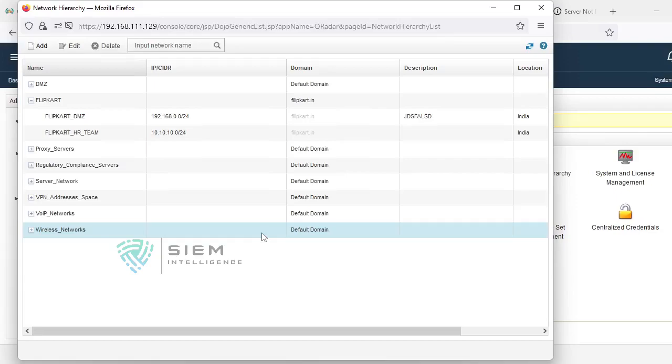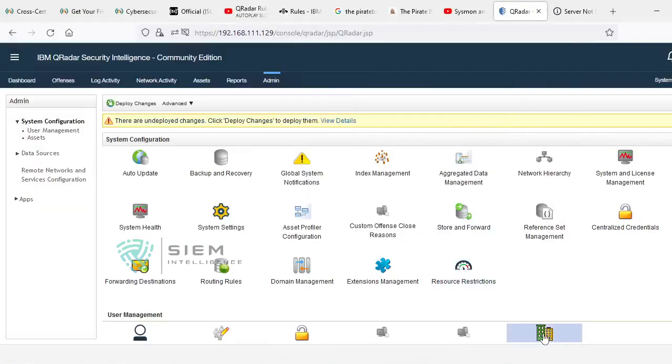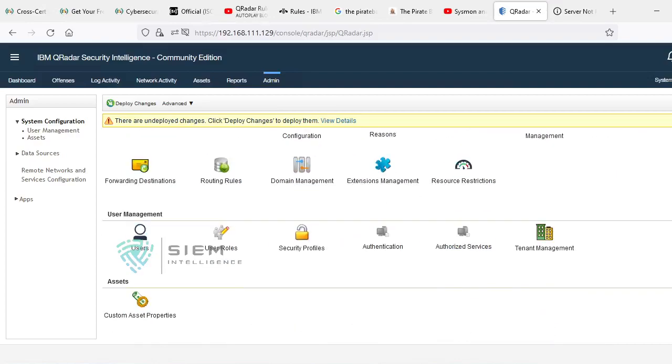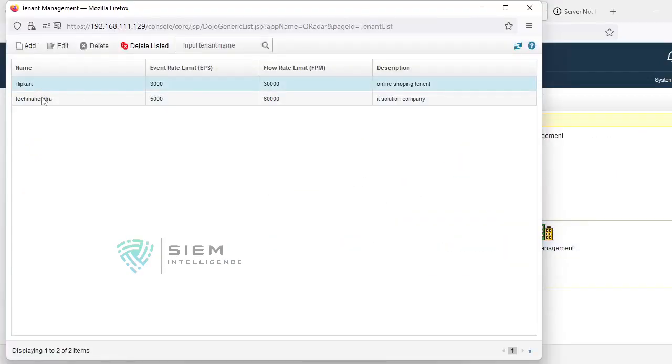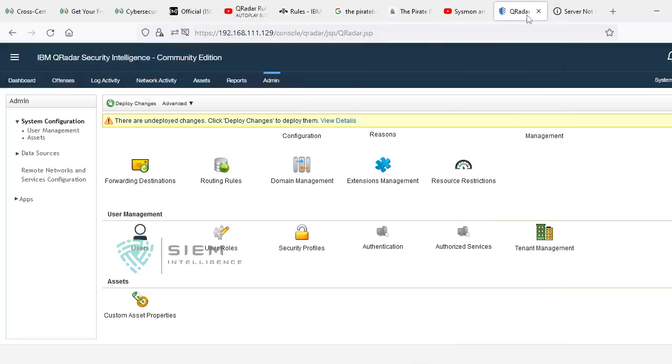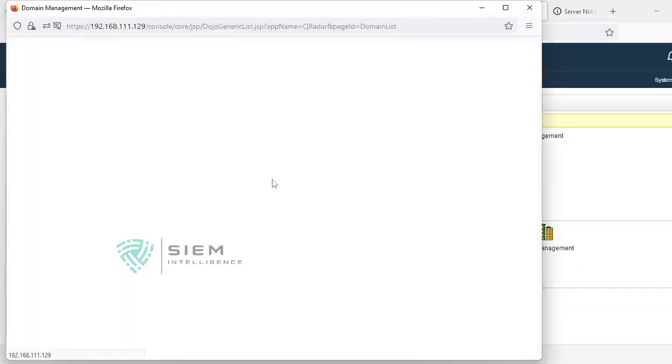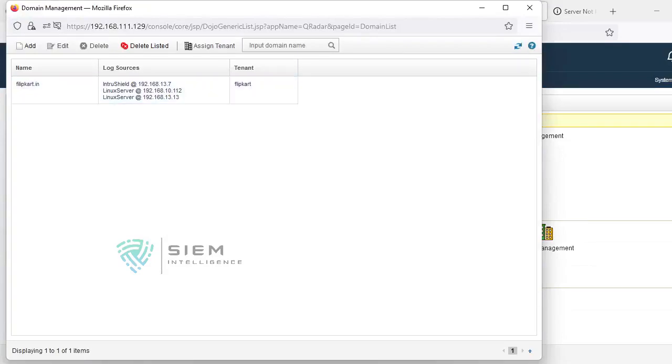Network hierarchy management. Okay. So now we have created one tenant management, tenant Flipkart and Tech Mahindra, out of which I have taken Flipkart now. For Flipkart I created one domain, and I have added some of the log sources of Flipkart and added this domain to this tenant.